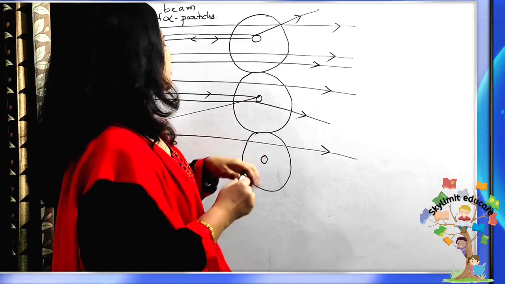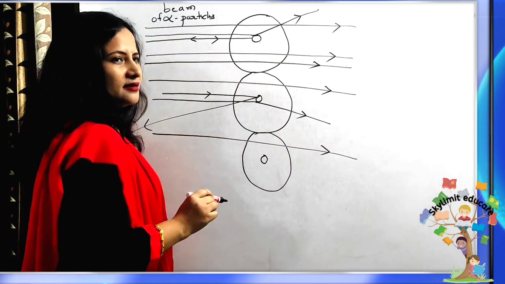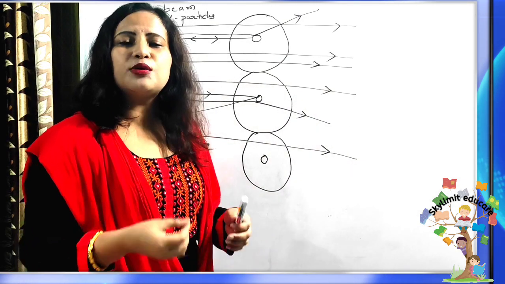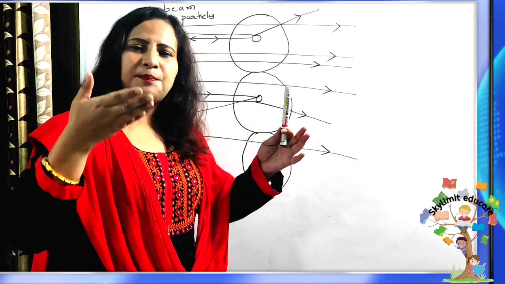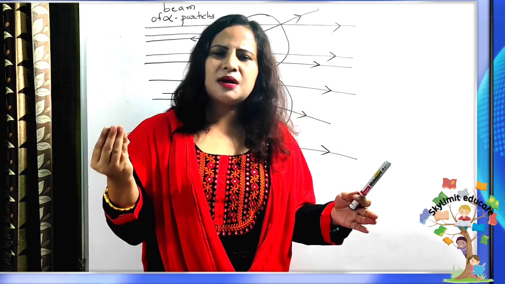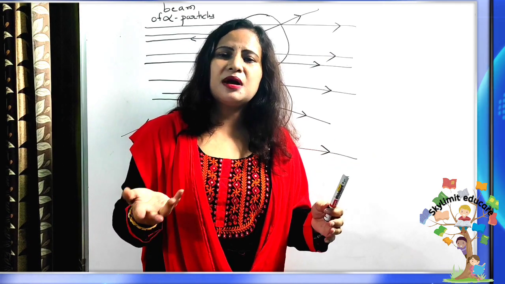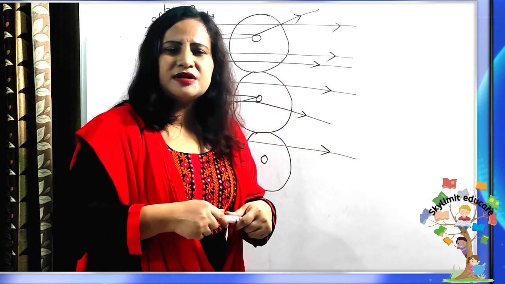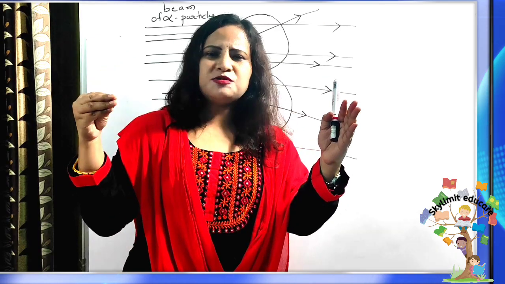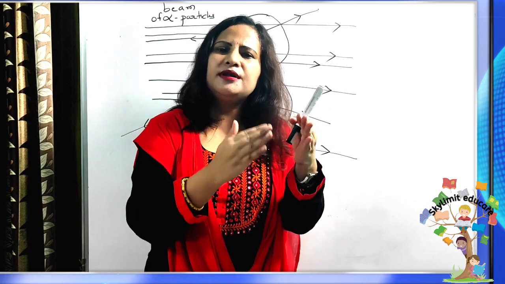So these are those alpha particles which got deflected at small angles, which came a little close to the nucleus. They showed deviation by small angles. And which particles showed deflection by large angles? Obviously, the alpha particles that directly hit the nucleus. Because an alpha particle only has a mass of 4 atomic mass units, yes or no? But gold has an atomic mass of 197 AMU, yes or no? So obviously the mass of the gold nucleus must be very heavy, yes or no? So when a lighter object collides with a heavier object, it will bounce back or be deflected at a very large angle, and moreover the nucleus is carrying what?